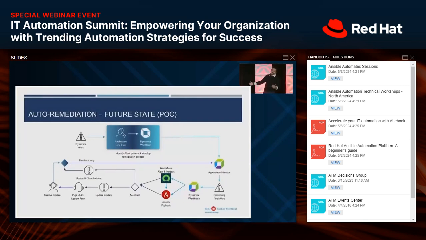Is it resolved? If yes, update and close the incident. If it is not, update the incident, let the SOC team know, and then they'll page out the respective L2 and L3 support teams. Now, there's two big benefits that come out of this, as I mentioned. Instead of having to wait for a problem to happen and then identify a pattern, we can have this baked right into the SDLC, so the developers can use this to develop their own auto remediation plans as part of the deployment lifecycle, which makes it much more future-proof.